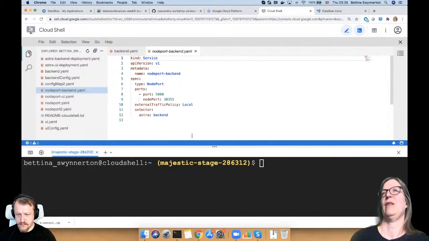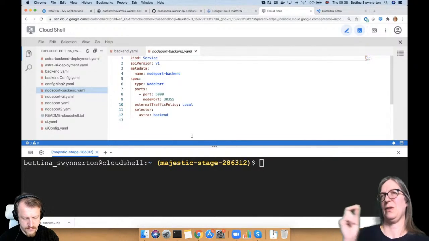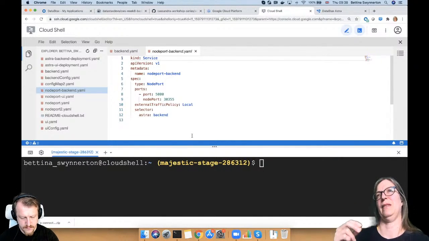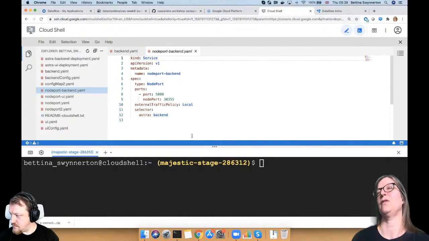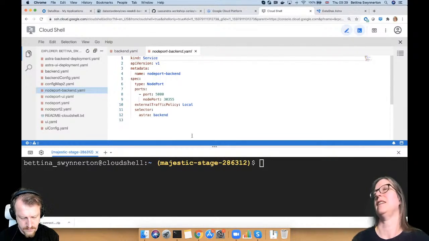So if the pod goes down and it gets launched on a different worker node, then that binding won't fit anymore. You need to specify a different IP address in order to address your port, so something has to change. That's not ideal, right?